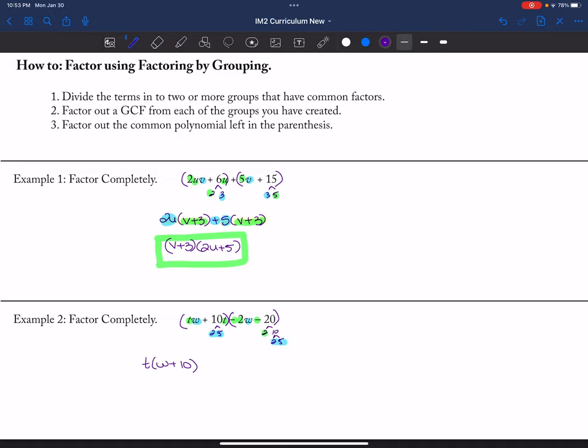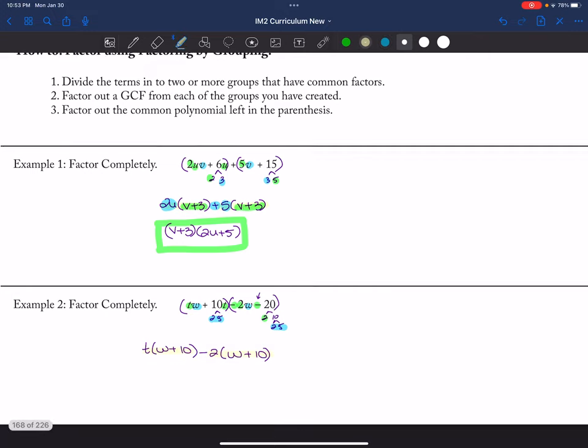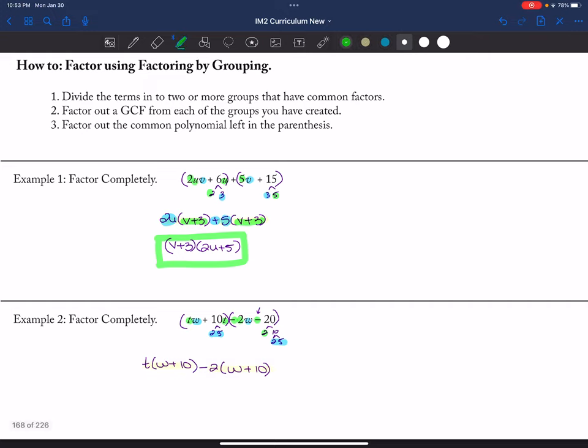So what's going to happen is I'm going to factor out a negative 2, and then that's going to make me a positive w. And then because of this negative sign that's right here, it is going to make a positive 10. Okay, and then what's in common between my two terms here is a w plus 10, and then